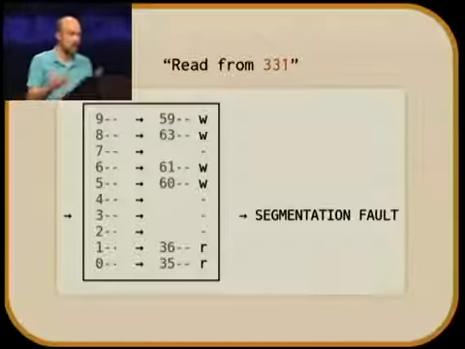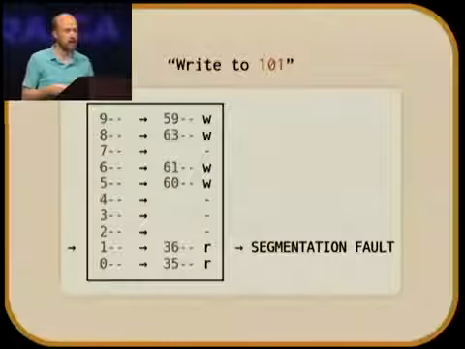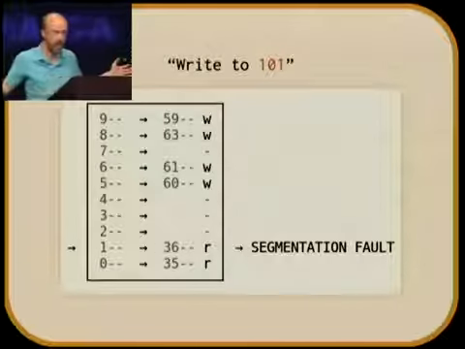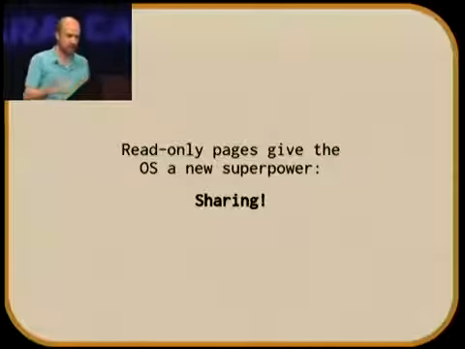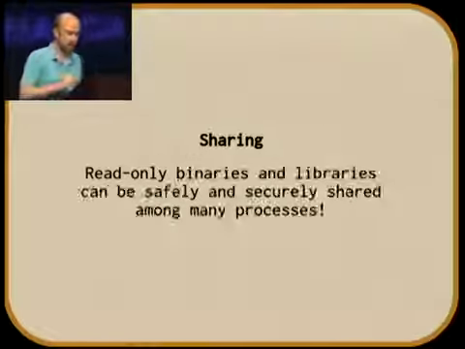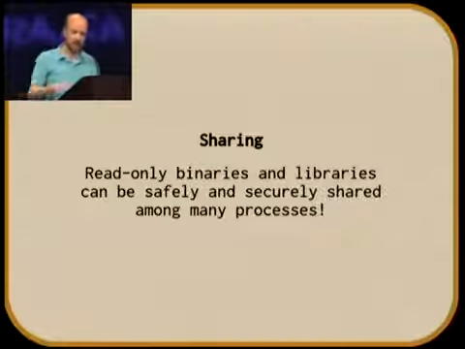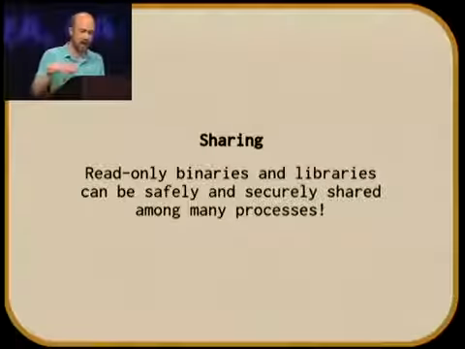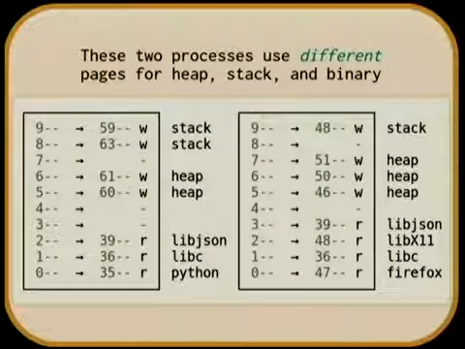So here, a read from 331, per the rules we saw earlier, generates a segmentation fault because there's no page there. But we've now also learned that you can't write to certain addresses, even if they're mapped, if they're marked read-only. Now, read-only pages, this invention, gives the operating system a new superpower: sharing. Read-only binaries and libraries, when those pages are protected, that means the OS can reuse those pages in everyone's page map and securely share those binaries among several processes. Here are two different processes doing two different things that